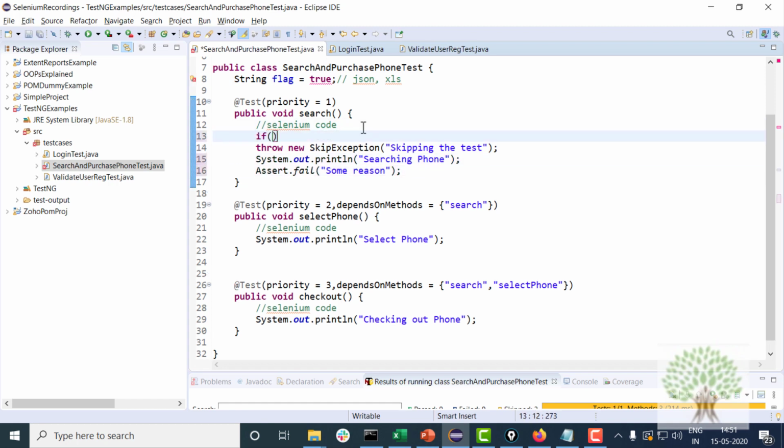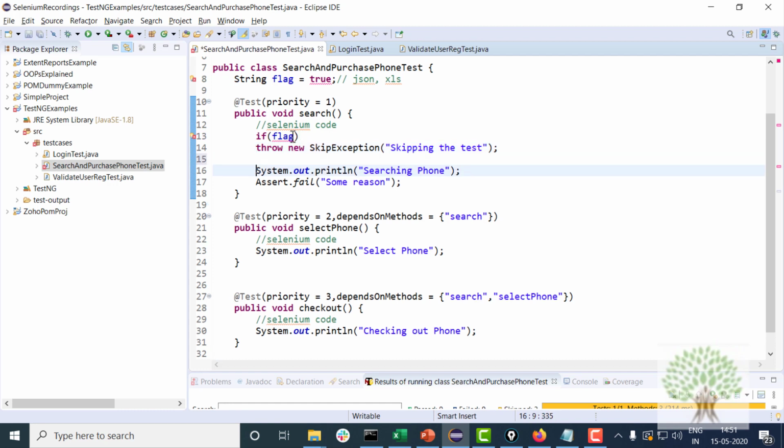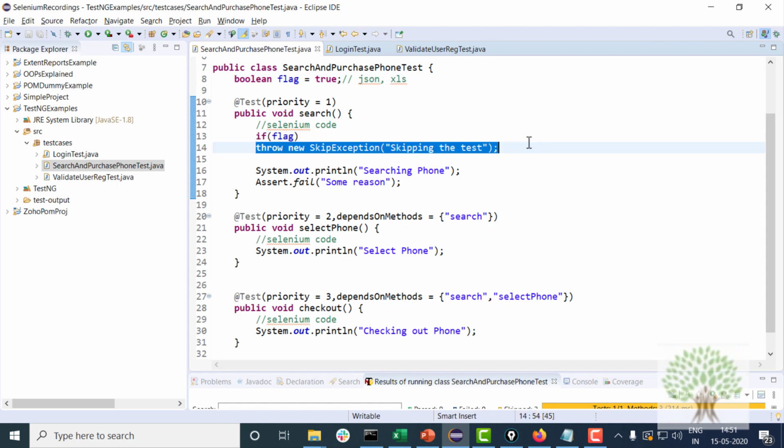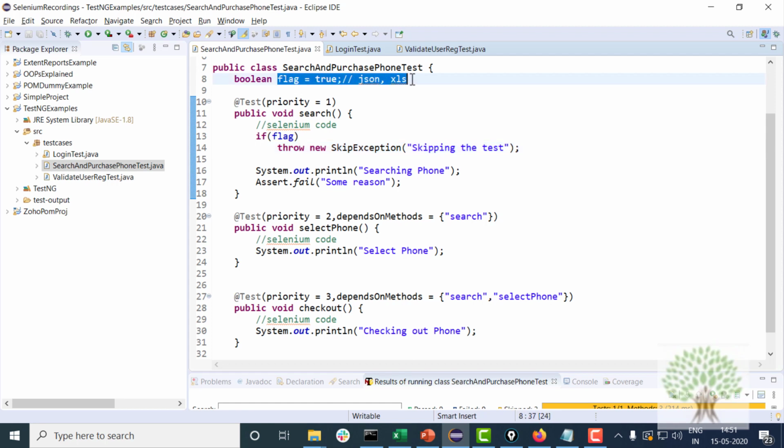We write over here that if the flag is true, then you go and skip the test case. It should be boolean, sorry. In case the flag is true, then only you go and skip the test case. We don't actually hard code it like this, the way I had done earlier. Fine, so we'll look at these things as well.